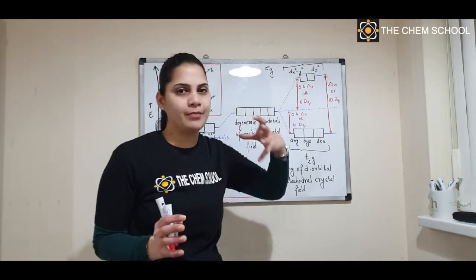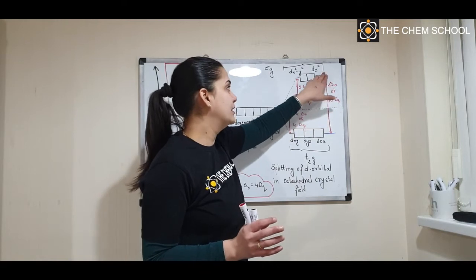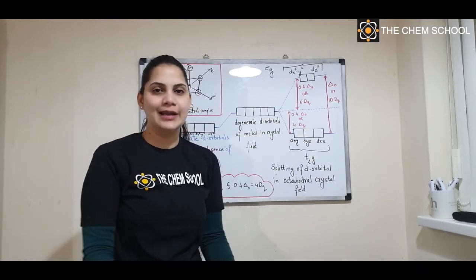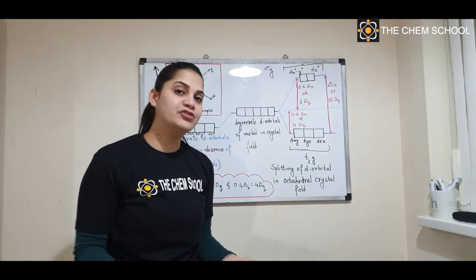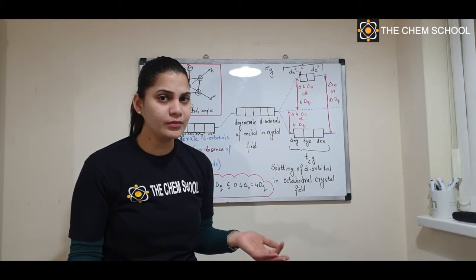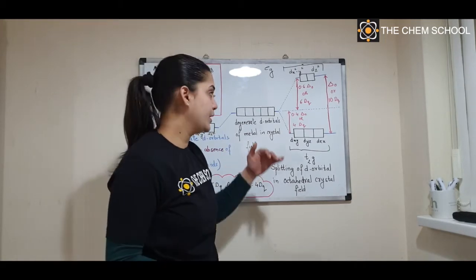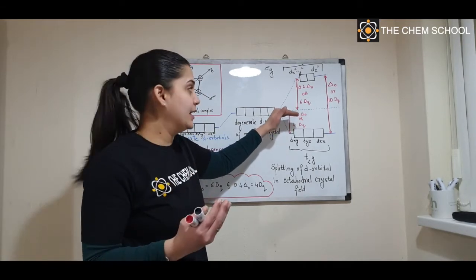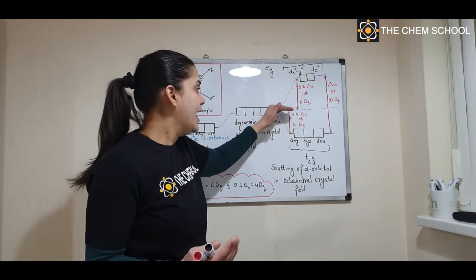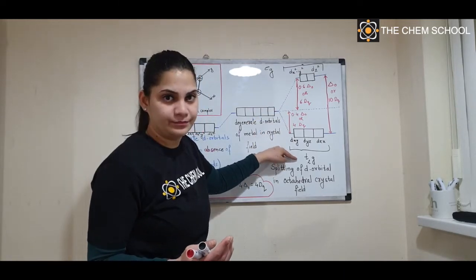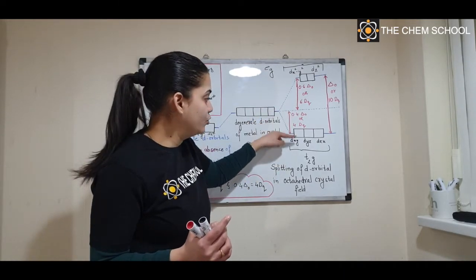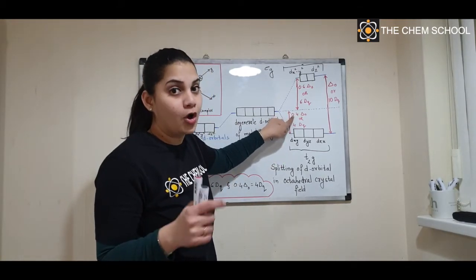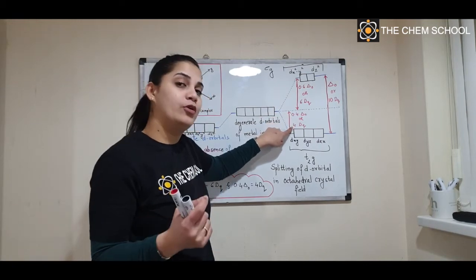So this is what you need to remember for now, that the total energy gap between the EG and T2G is delta O, or 1 delta O, which is equal to 10 dq. Now here's the point. From the degenerate orbitals, how will you express the energy gaps? You will say that the energy of T2G is less by 0.4 delta O, or delta naught, or 4 dq.